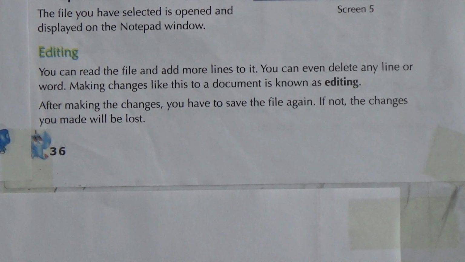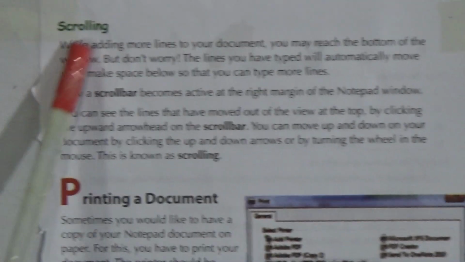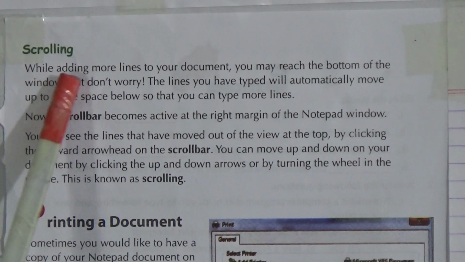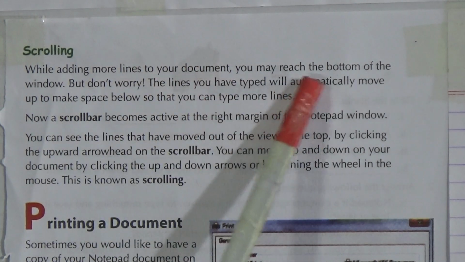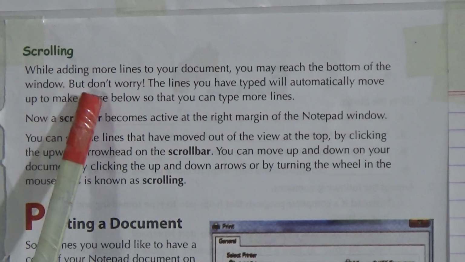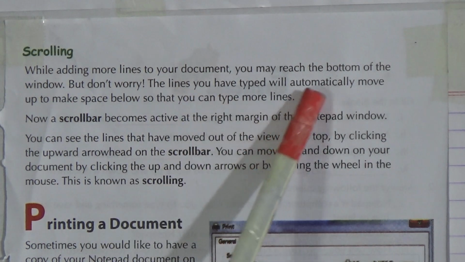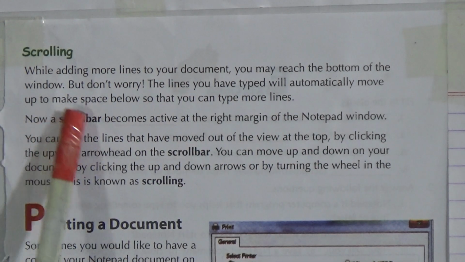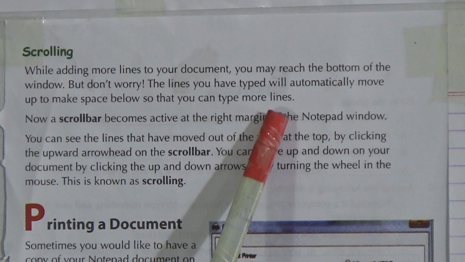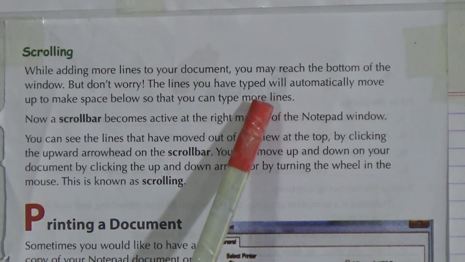Okay, let's look at the next page. In the next page, we have scrolling. While adding more lines to your document, you may reach the bottom of the window. But don't worry, the lines you have typed will automatically move up to make space below so that you can type more lines. So as you write,